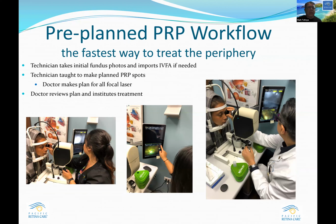So this is in my clinic and one of my technicians. And what I've learned for patient flow wise, I have a couple technicians that can put the contact lens on and take the images and do some treatment plans. And then I'll come in and review the plans and then proceed from there. So it saves me some time in doing this procedure. The technicians that I have, if you want to incorporate this, what I found is the 2 techs that I use, they play video games a lot, and they love the technology, and they were very fast learners in this